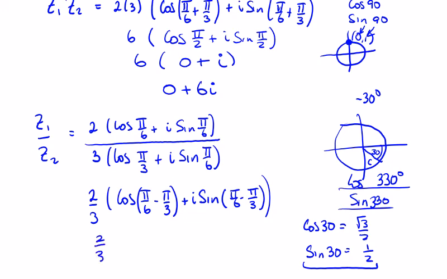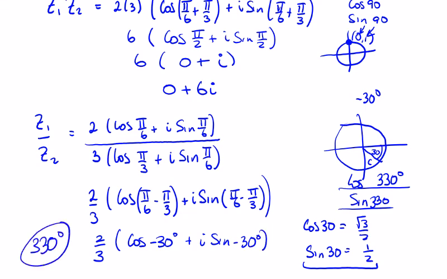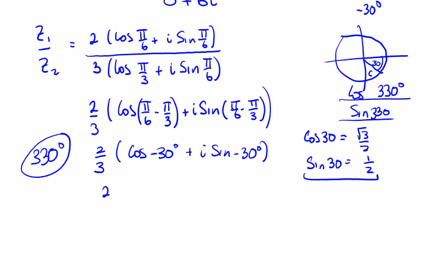So we're going to get 2 over 3 by the cos of minus 30 degrees, if you want to write it in degree form, plus i times the sine of minus 30 degrees, or you could write 330 degrees. It's whatever suits. There are different ways to do these questions. So we're going to get 2 over 3. We've already got the cos of minus 30 here, the same as the cos of 30, so it's by root 3 over 2 plus, well, it's going to be a minus, isn't it? So we're going to have minus